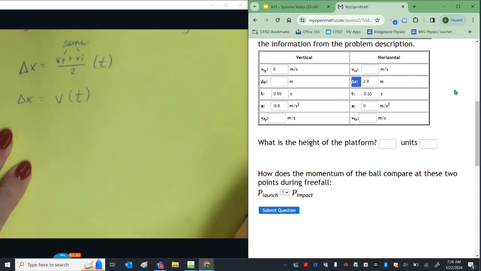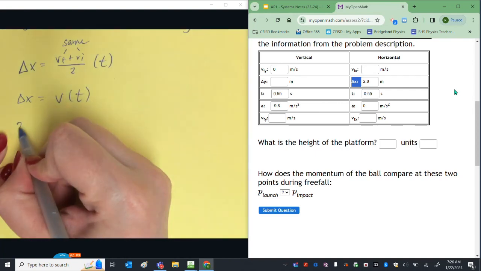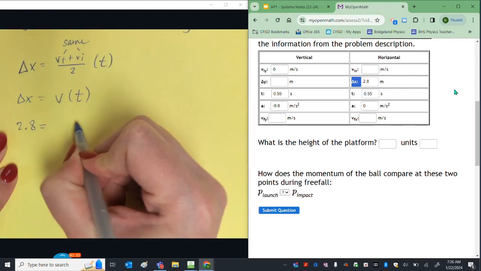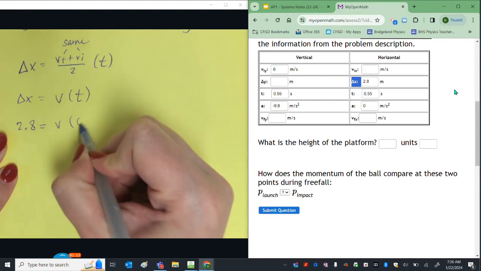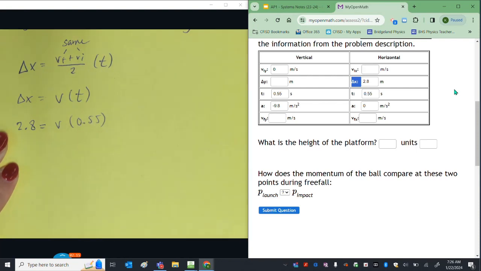And so that's what we're going to do. We're going to plug in our displacement, 2.8 equals V times 0.55, and we're going to divide both sides by 0.55. 2.8 divided by 0.55 gives me a velocity horizontally of 5.091,